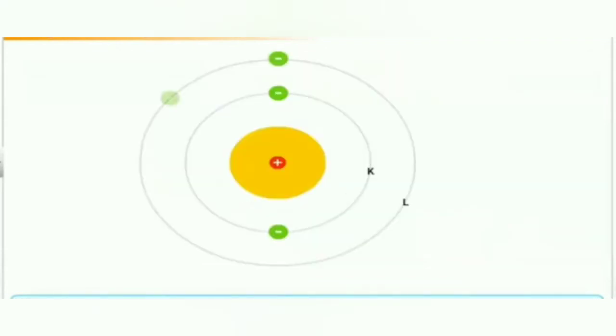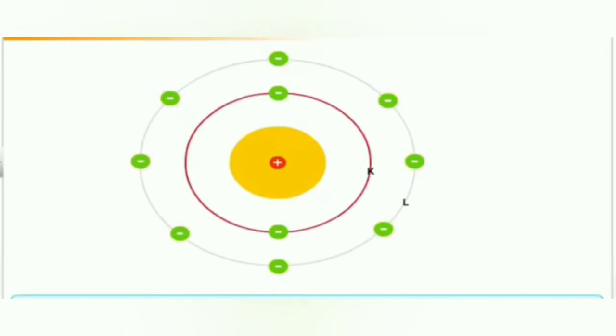During the arrangement of electrons in the shells, the outermost shell of an atom cannot accommodate more than 8 electrons, even if it has the capacity to accommodate more electrons. Generally, the outermost shell of an atom can have maximum 8 electrons only, even if it has capacity to accommodate 18 or 32 electrons. This is due to the fact that having 8 electrons in the outermost shell makes an atom stable. There is an exception.